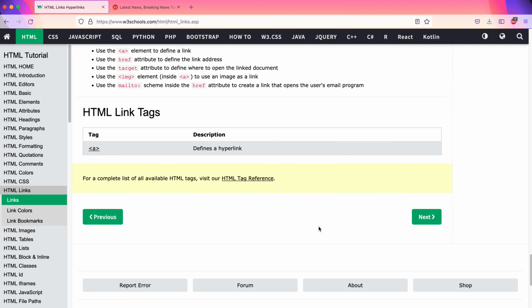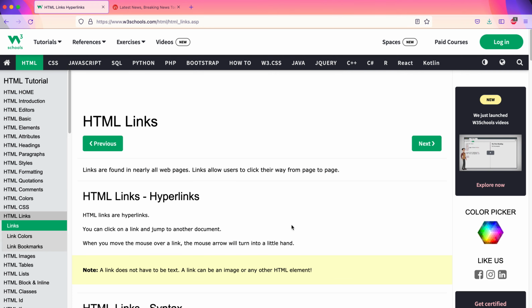So there are more things that you can go and see on this W3Schools web page. But for our purposes of understanding what links are, I think we have learnt enough for today. I hope you enjoyed the lesson, and we'll meet each other in a subsequent lesson. Do keep practicing, because only with practice will we be able to master HTML. Thank you.